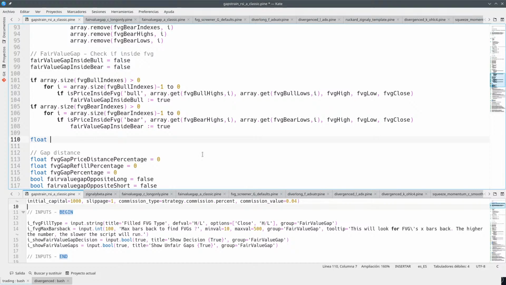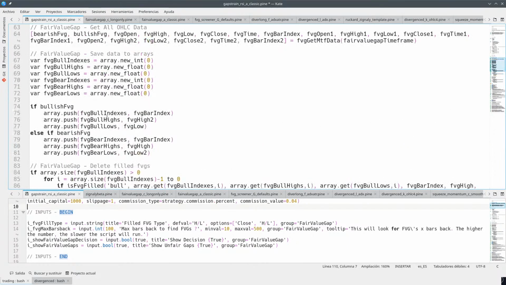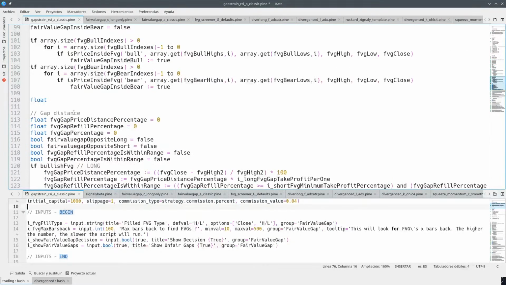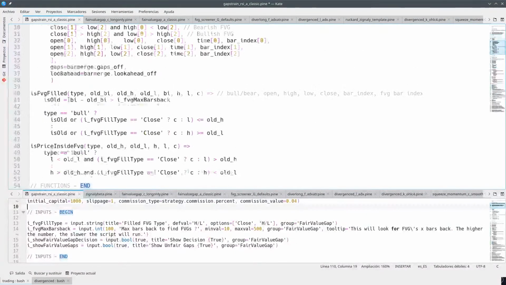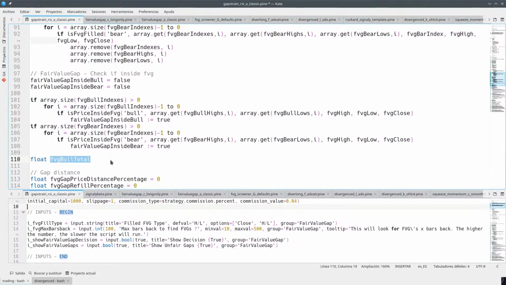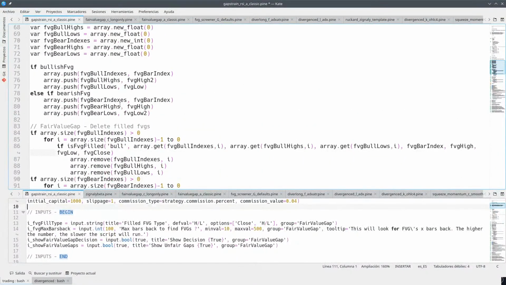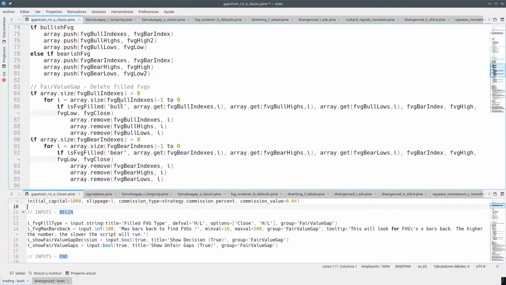You want to have a bool, total equity. And this is going to be 0 by default. So what you want to do here is to